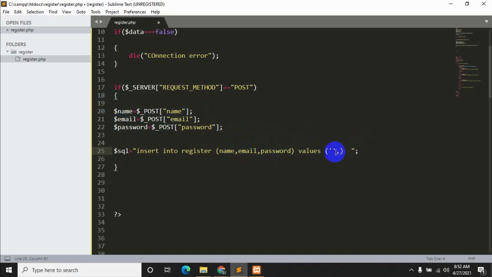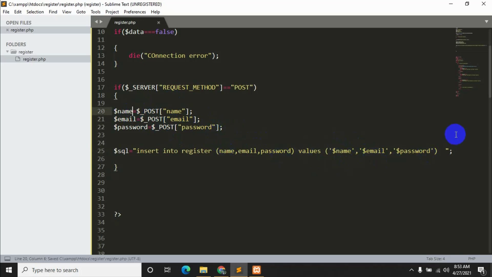The first one is $name, so we'll write $name here, comma, again a single quotation, then $email, then comma, again two single quotations, and inside them we need to write $password. Here, if you write $name, then you also need to write $name here. I'm just telling you this to make it clear to you.